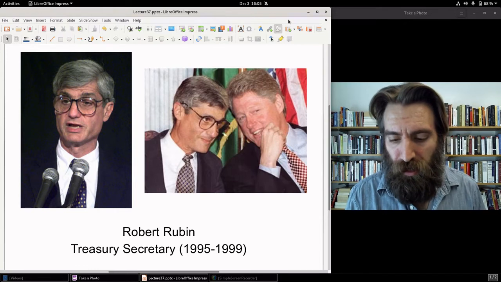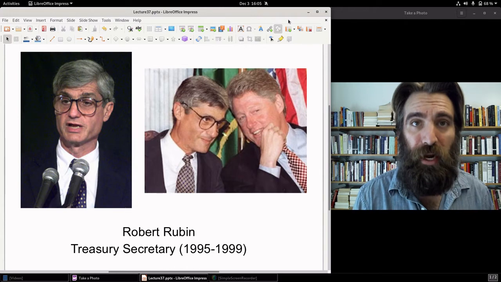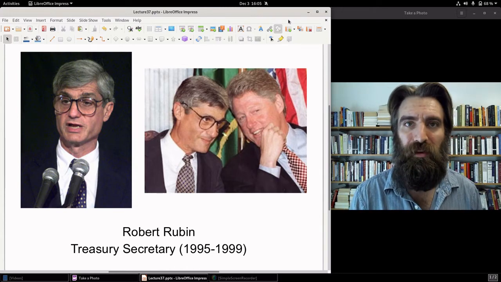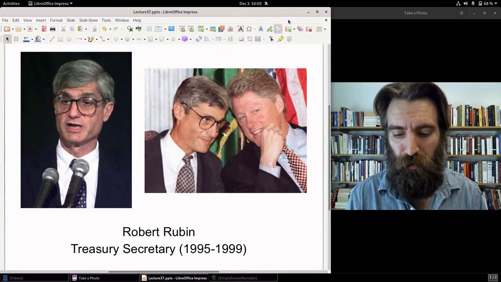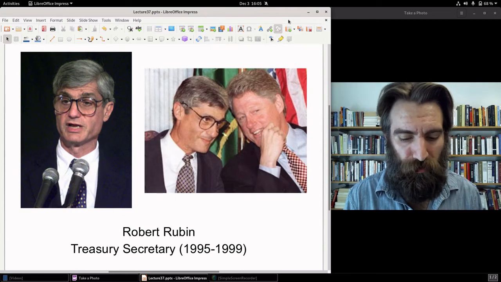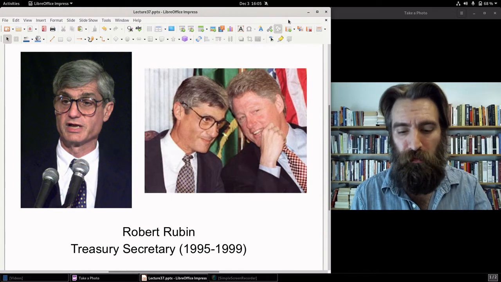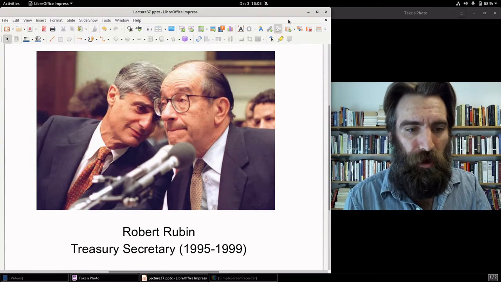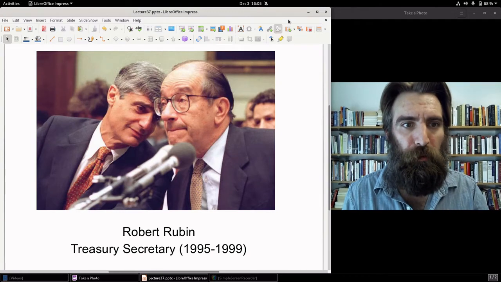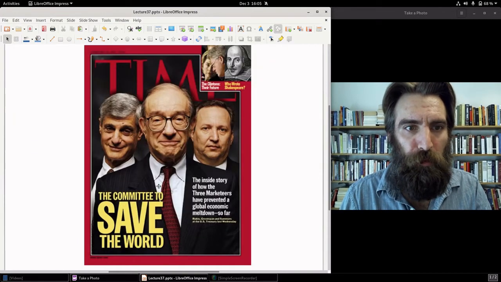After 1999, after his tenure as Treasury Secretary, he became Director and Senior Counselor of Citigroup, where he received more than $126 million in cash and stock during his tenure, up through Citigroup's bailout by the U.S. Treasury in 2008 and 2009. Moreover, Robert Rubin was chairman of the Council on Foreign Relations between 2007 and 2017. Robert Rubin's deputy, here he is, of course, with Alan Greenspan. There's Robert Rubin, Alan Greenspan,